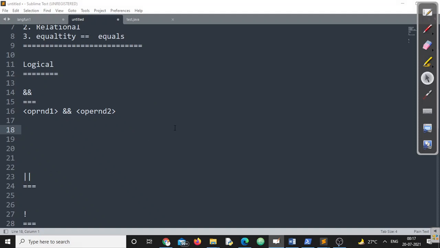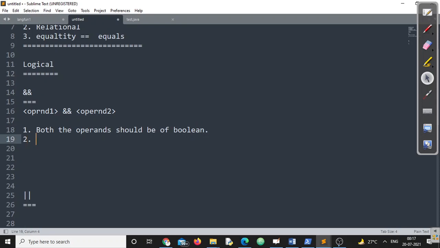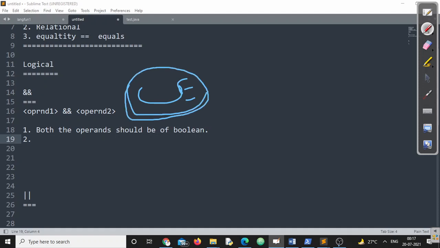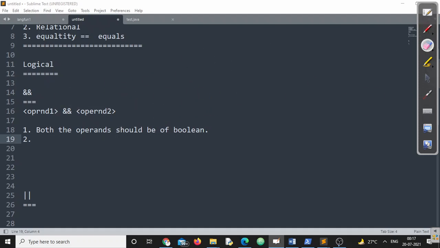So first point you can write here: both the operands should be of Boolean type. This is mandatory. It cannot be any other type. By mistake, if I write any other type, immediately your compiler will say, boss, what are you doing? I don't know how to operate this AND operator using any other data type except Boolean. Can you please cross check what you have written? Completely a compiler error will be there. Don't worry, we'll cross check that one also. Second point, the output of